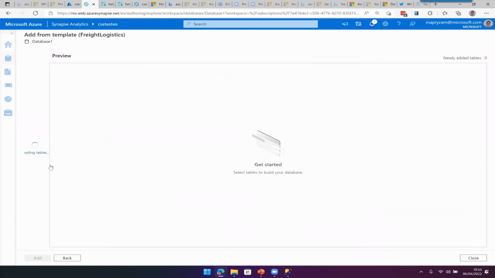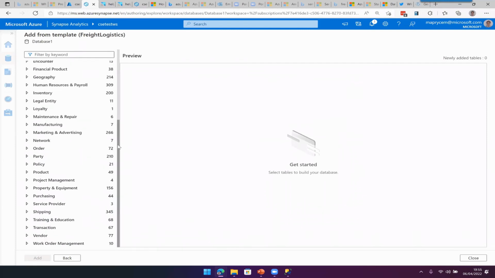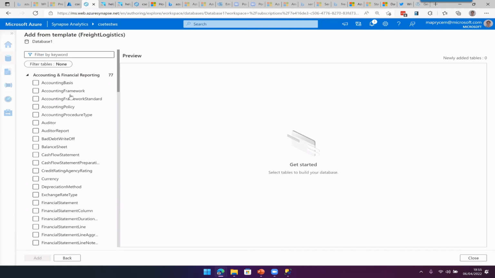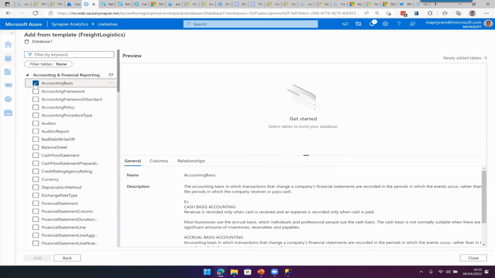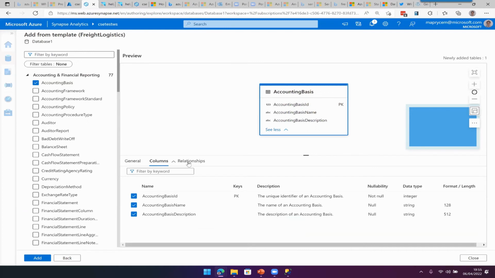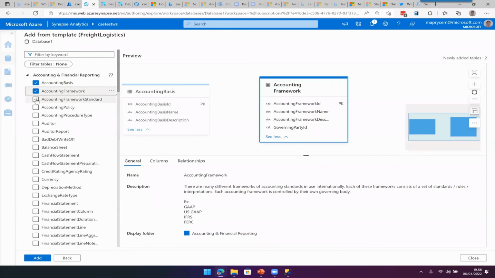Now, it just happened to be freight and logistics. It could be anything. It gives me all the objects it thinks could be part of a freight and logistics data model. So I can search, but I can go down and go, well, we probably need some accounting. And then it will tell me these are the columns. So this is what it's for. These are the columns, and these are the kind of relationships. But I've not added anyone else in. But if I add in more,